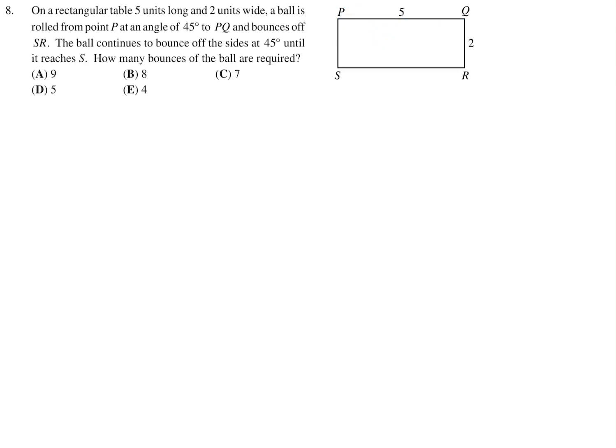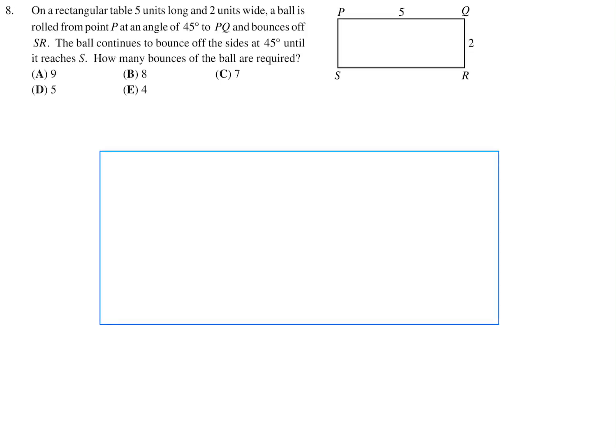Alright, let's draw this diagram a bit bigger. And let's label this diagram now. We've got P here, Q, S, and R. And this is 5, and this is a length of 2. So what's happening here? Well, you've got P is where the ball starts, and at a 45 degree angle, it